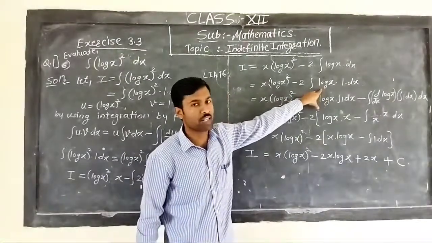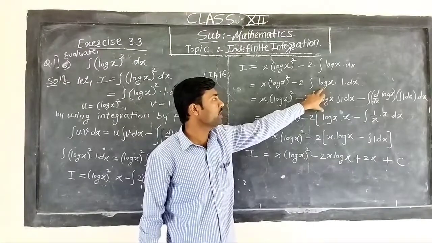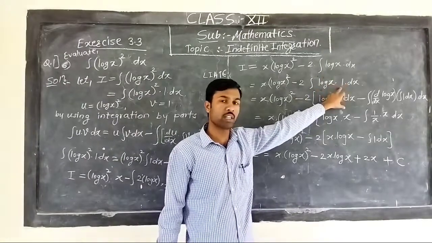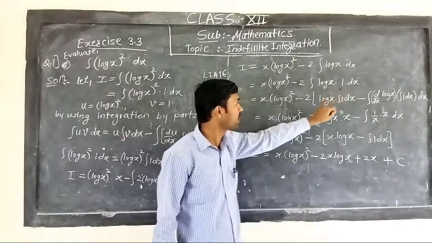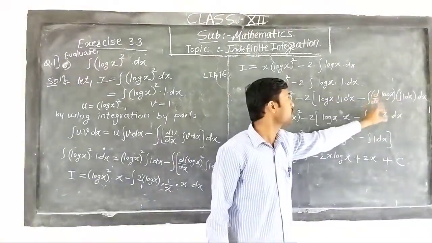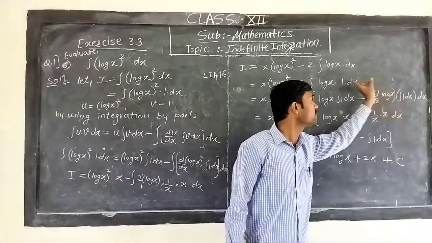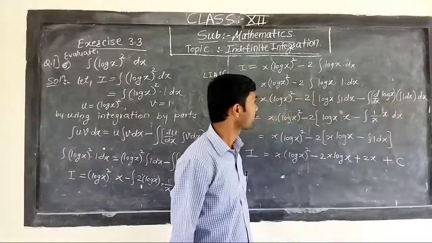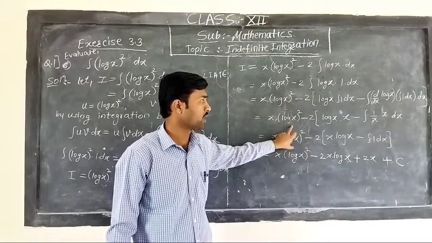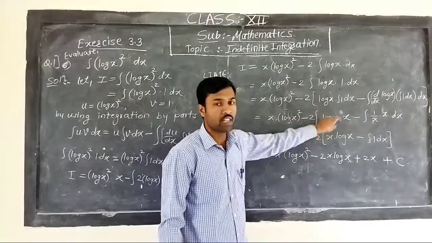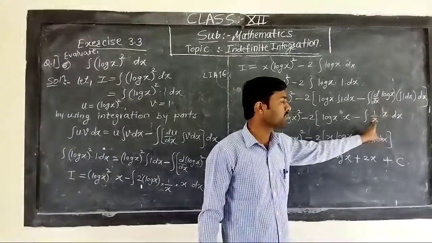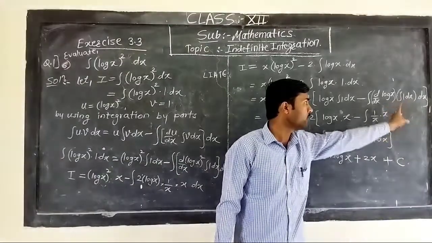After applying integration by parts, in this term the first function will be, by the LIATE rule, the logarithmic function. So first function will be log x and the second function will be 1. So after applying integration by parts, we will get log x into integration of 1 dx minus integration of derivative of first, that is derivative of log x, into integration of second, that is integration of 1 dx, into dx. Here this bracket completes. Then after, x into (log x) whole square minus 2 into log x remains as it is. Integration of 1 dx is x, minus integration remains as it is. Derivative of log x is 1 upon x into integration of 1 dx is x, into that dx remains as it is.